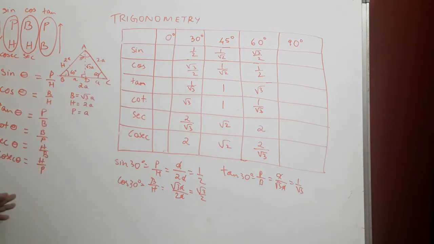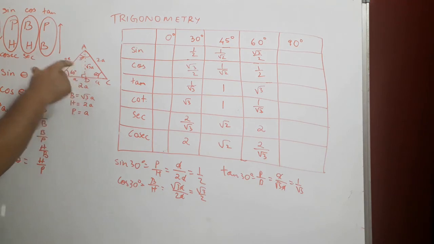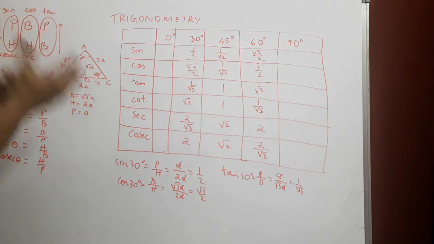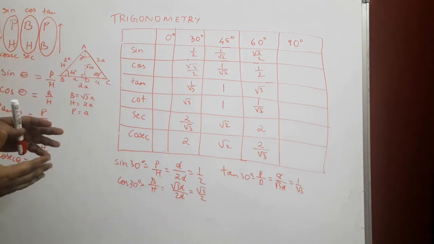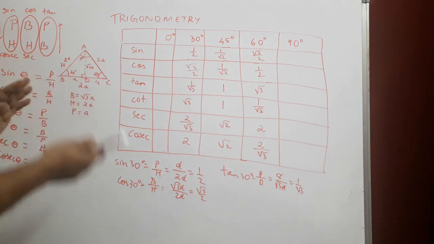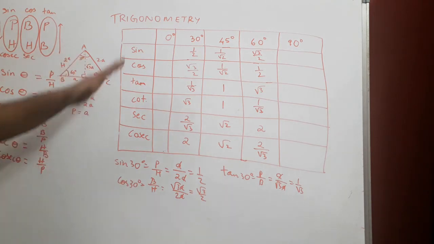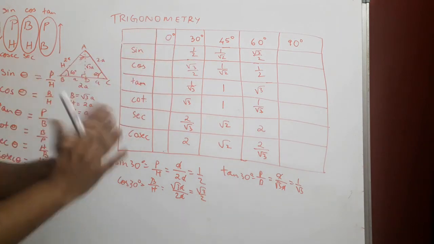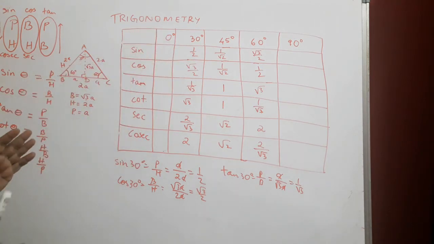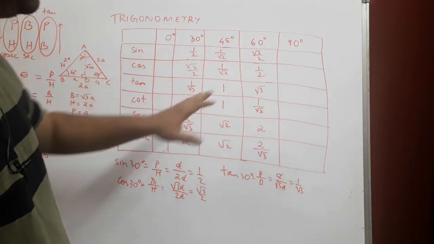And why are they opposites of each other? Because in this case, the hypotenuse remained the same, but what was the base before became the perpendicular, and what was the perpendicular before became the base later on when the angle switched from 60 degrees to 30 degrees. That is why these are more like mirror images of each other with respect to their trigonometric ratios. So we have 30 degrees, 45 degrees, 60 degrees.